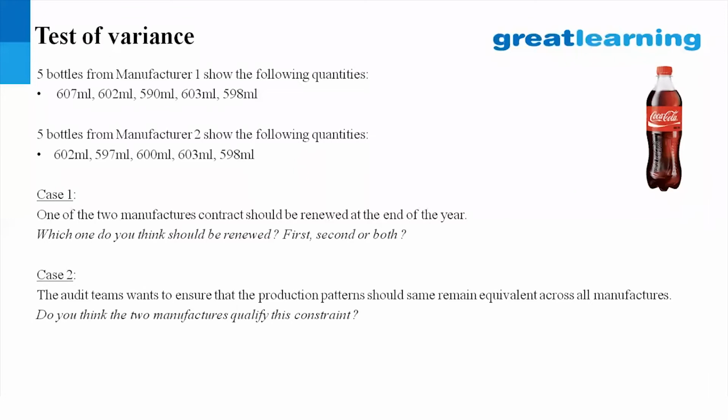Okay, so as a second case, the teams want to ensure that the production pattern should remain the same across all the manufacturers. So do you think the manufacturers qualify this constraint? No, because even though their means are approximately the same, or probably exactly the same, the variance the first one has is greater than the variance that the second one has, so their production patterns are not